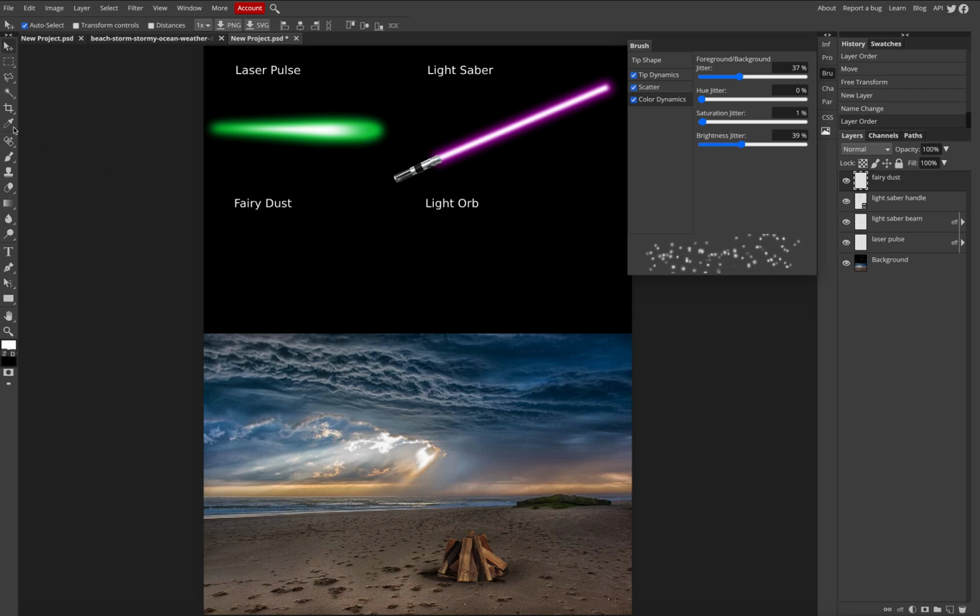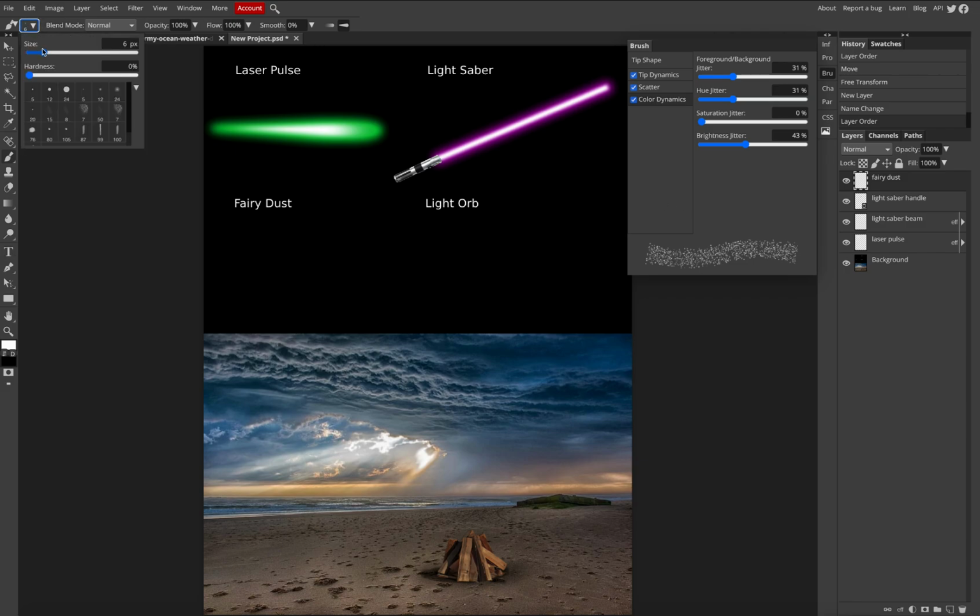So with the fairy dust, I can go over to my left side navigation. I have everything set in the brushes here, but over on the left side navigation, I'm going to click on the brush tool. With the brush tool, when I click on it, I currently have a small size brush. I'm going to look to modify the size of my brush a little bit. So it was at 6 pixels. I'm going to up it